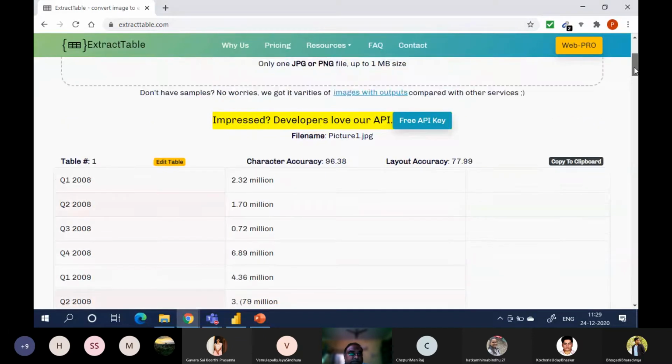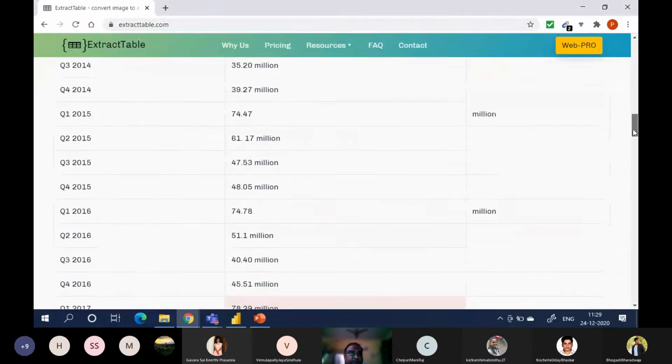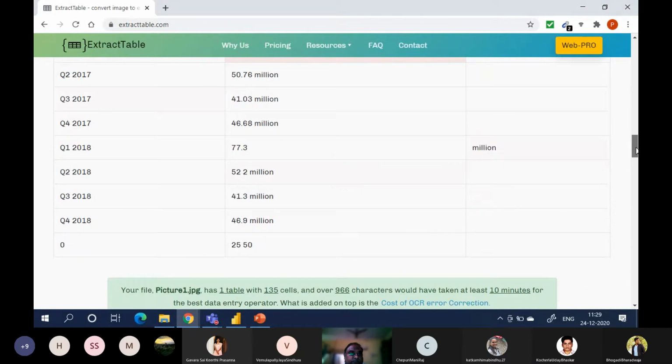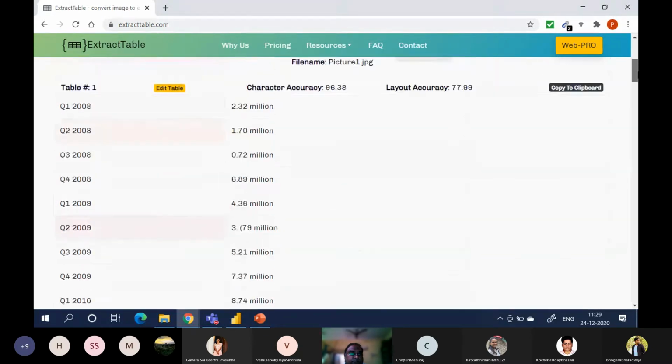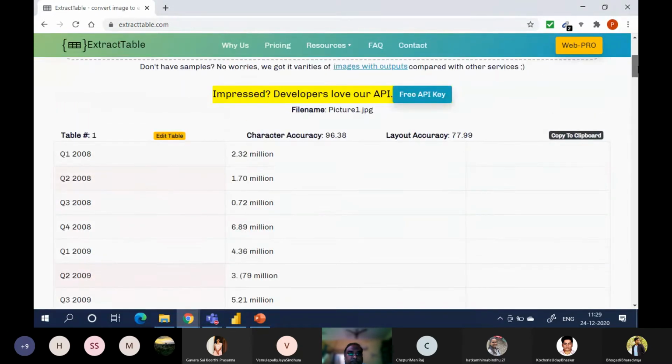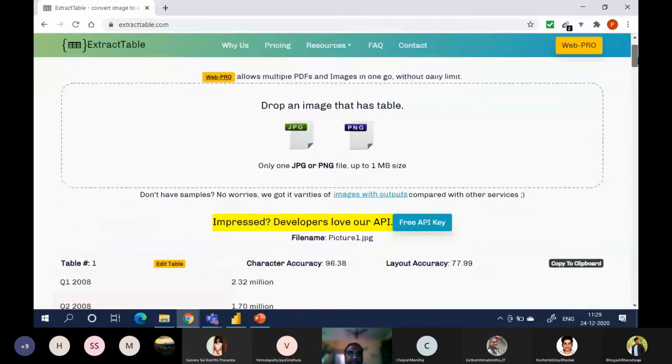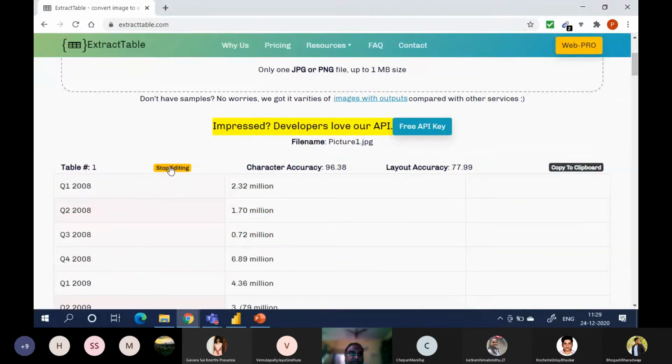Yes. Character accuracy 96%. Edit table.